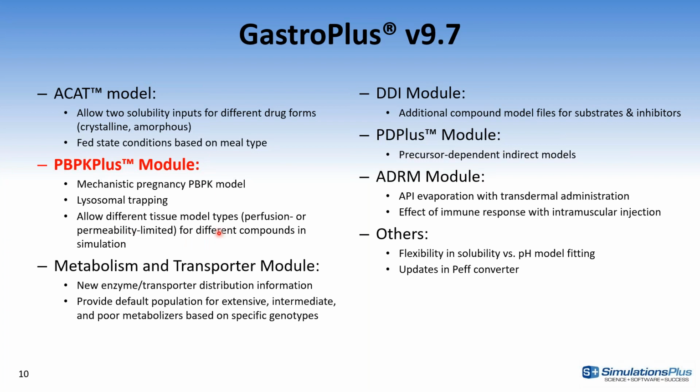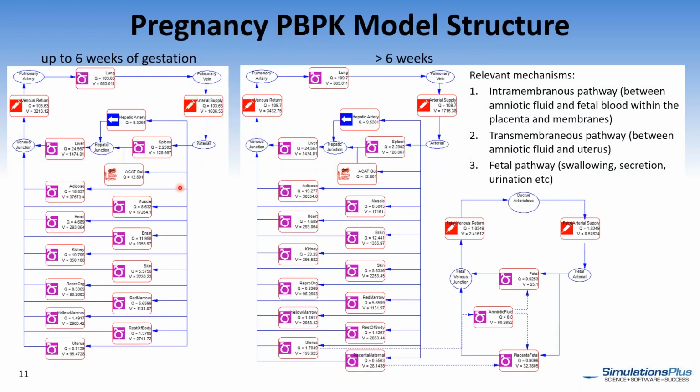That's okay. So moving on, there have been quite a few developments on the PBPK side. One of the big new modifications is we've added a model for pregnancy. We split it up into two different models. For the first 6 weeks of gestation, the fetus is very small and doesn't really have a heartbeat yet, so we've modified the physiology by adding just the uterus compartment, so that you can at least start looking at the distribution of the compound into the uterus. There isn't much else going on within those first 6 weeks.